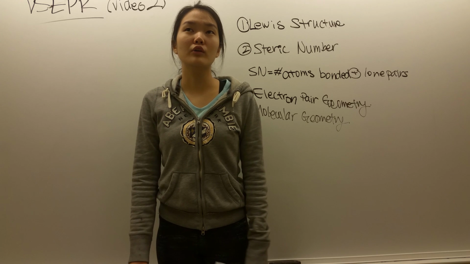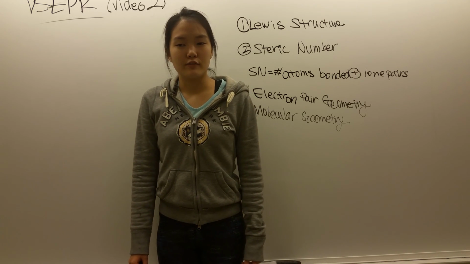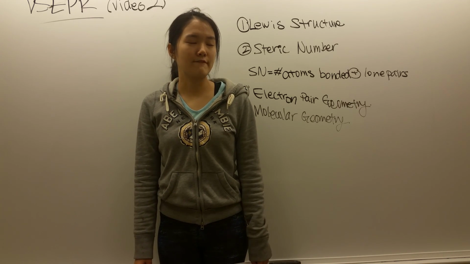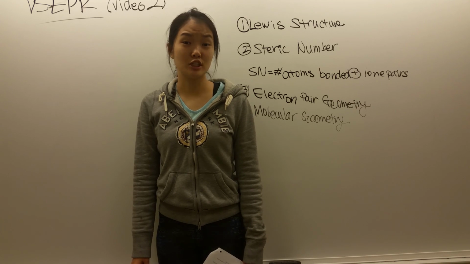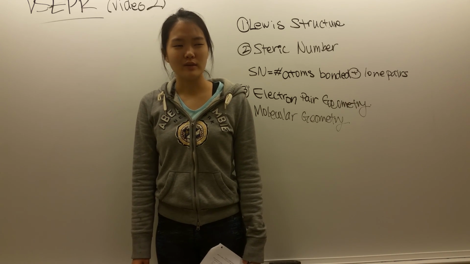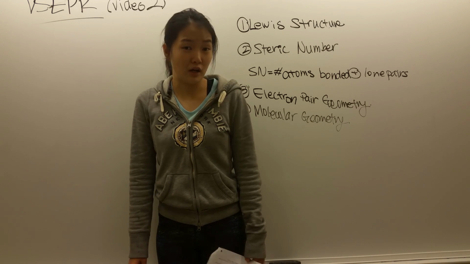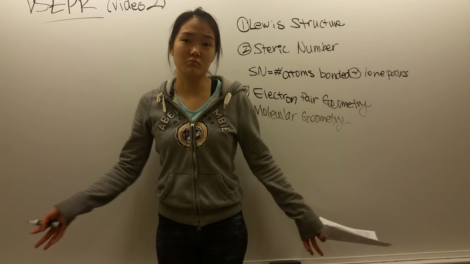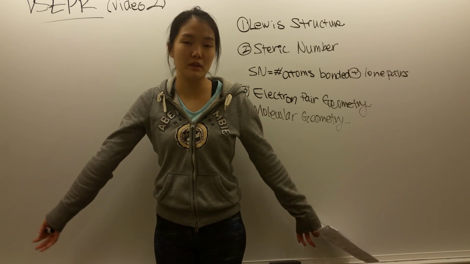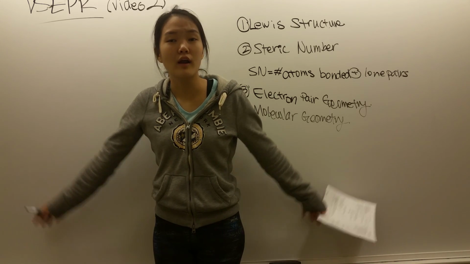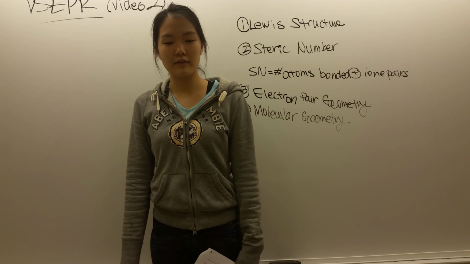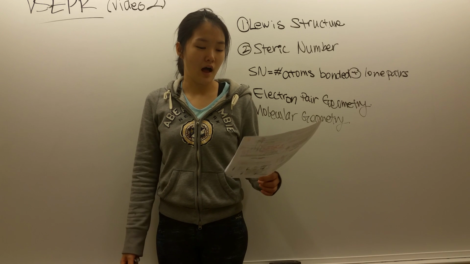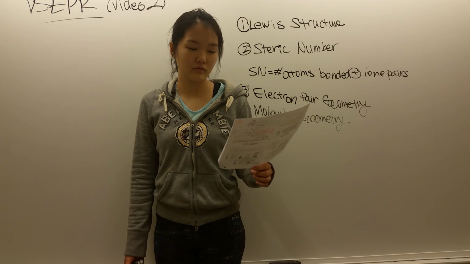So really, all that you need to know for molecular geometry is not necessarily the specific angle that you get from having a certain number of electron pairs, but rather, does the electron pair repulse more than the bond? Yes. So maybe the 109.5 isn't 109.5 anymore. You have to be able to tell whether this angle might be bigger or this angle might be smaller. So for example, when you have